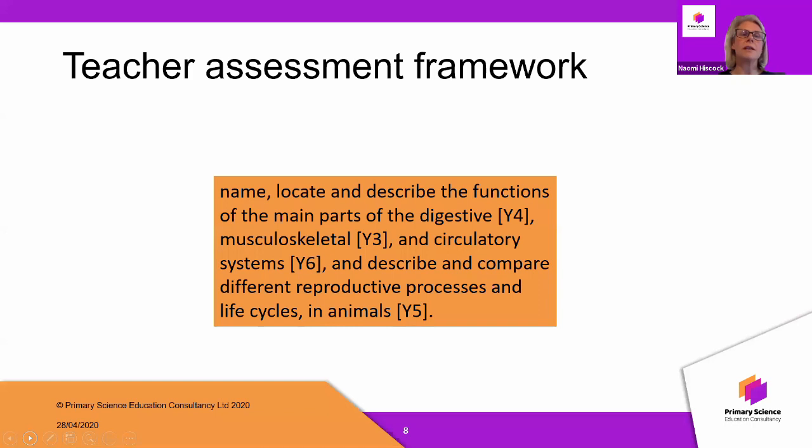And one reason is that the teacher assessment framework that the teachers in Year 2 and Year 6 have to assess against isn't only the topics or knowledge that they'll have taught that year. It does draw on learning that's taken place in the previous years. So this is the first statement from the assessment framework in Year 6, and you can see there that some of it has been taught in Year 3, in Year 4 and Year 5. And it's not possible for the Year 6 teacher to reteach all of that.